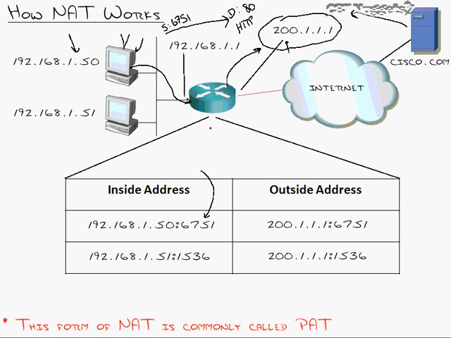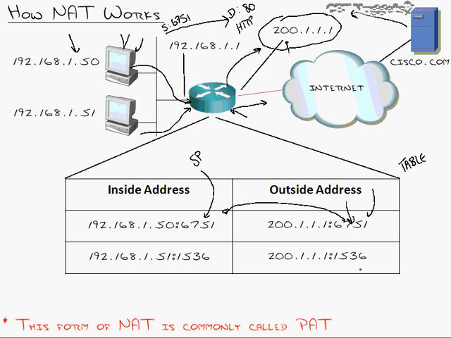So what NAT does is use that source port information to make the translation unique. So when it goes into this router on 6751, it will come out as 200.1.1.1 colon or source port 6751. And inside of the router, this table, this is known as the NAT table, exists. So when Cisco.com sends back, the router gets it and goes, oh, 6751? Right. You're going to 192.168.1.50. So when 51 comes through and says, oh, hey, I have a source port of 1536, router gets it and sends it out as